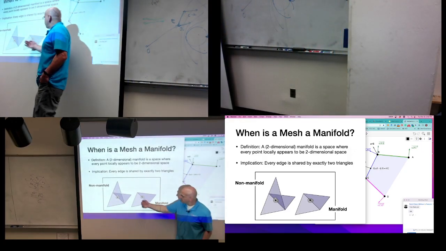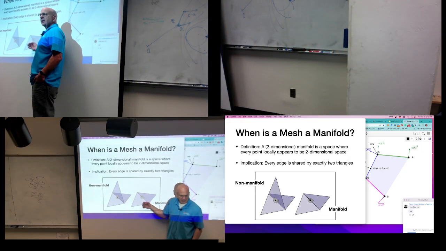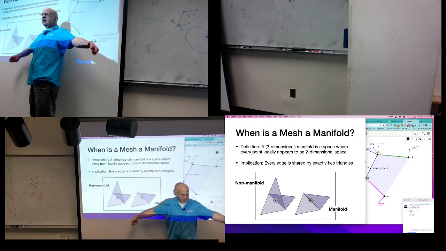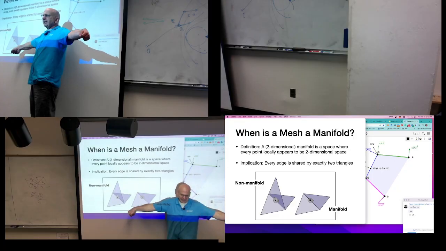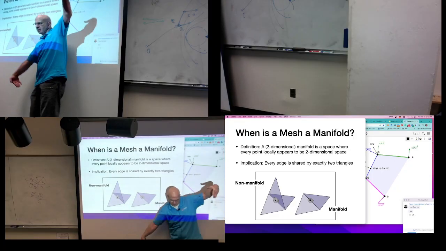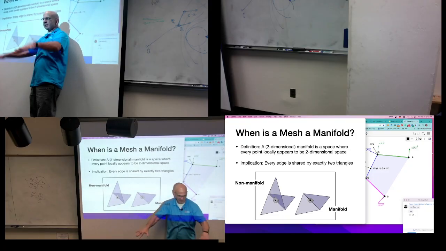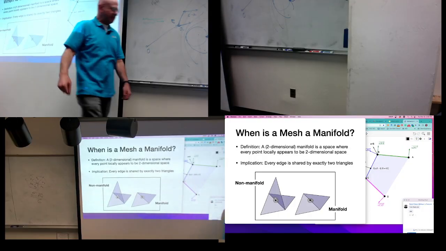When you see the mesh, what do we expect it to look like? Look at a triangle, look at the neighborhood of this triangle. It should look like a planar object. Maybe it twists a bit, but you should be able to straighten these triangles and put them on the table, and they will create, essentially,